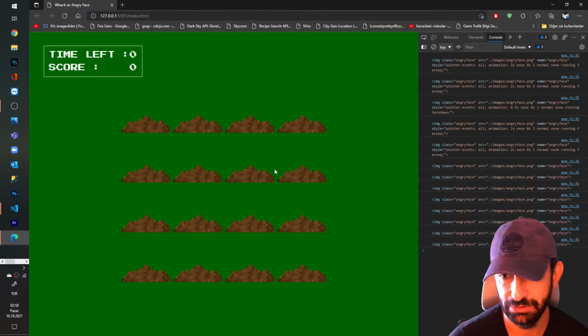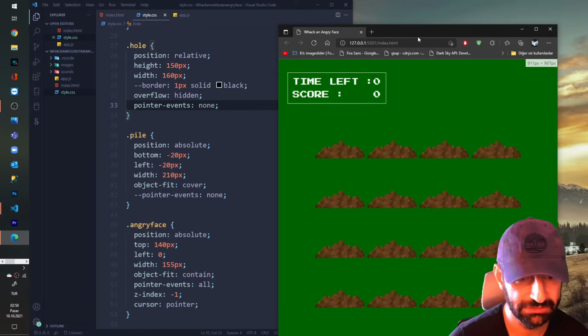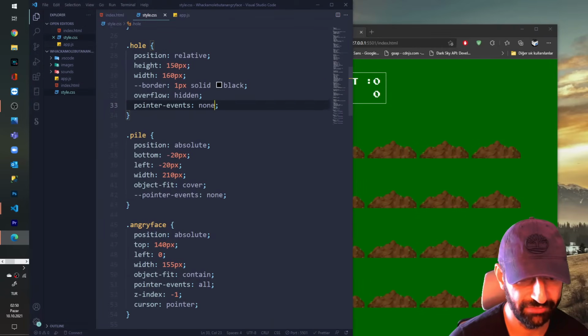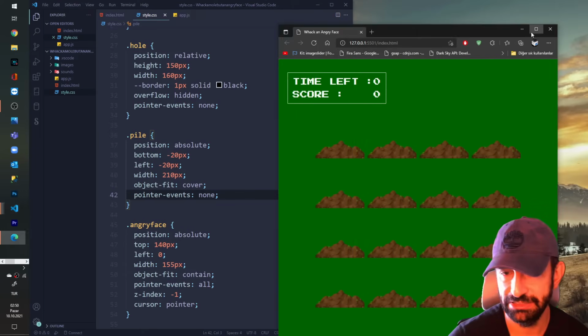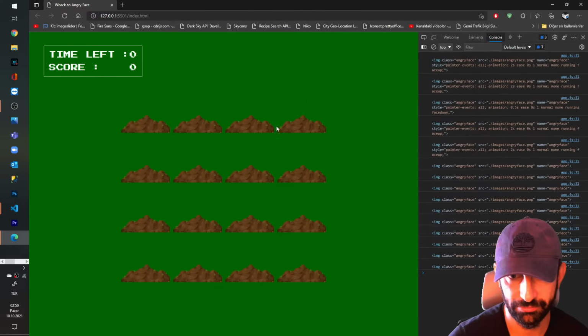Oh, also, I'm gonna give the pile pointer events none, so I cannot click his face beneath the dirt. Did we fix this problem?